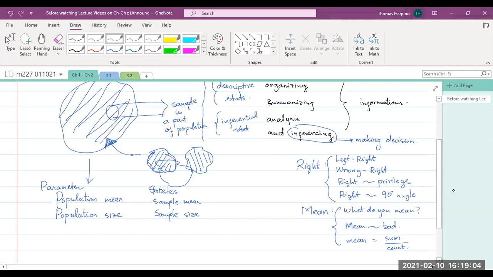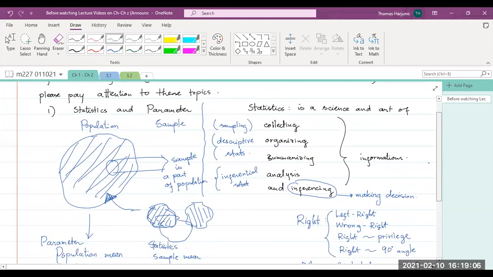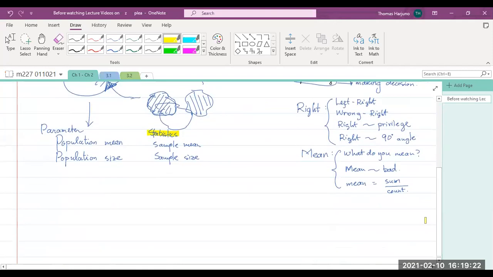Okay, but I pointed this out so that when you later watch the lecture video, be aware that these 2 different meanings of statistic will come from the same section, as if they are in the same topic, but they are actually talking in different contexts. Now that's one. Second thing that you need to pay attention to when you watch that lecture video is